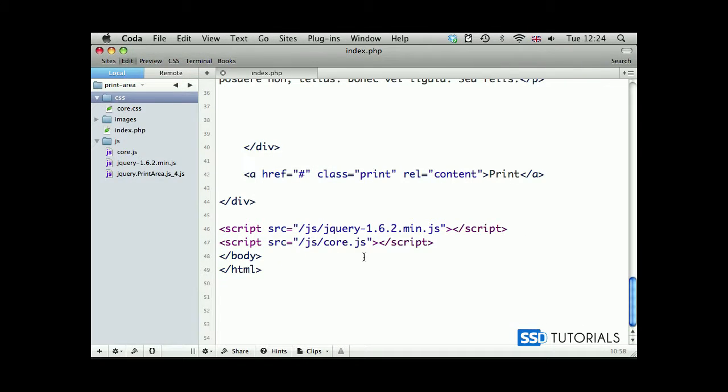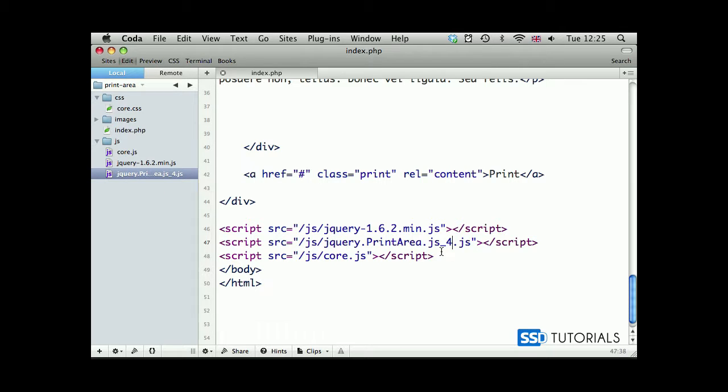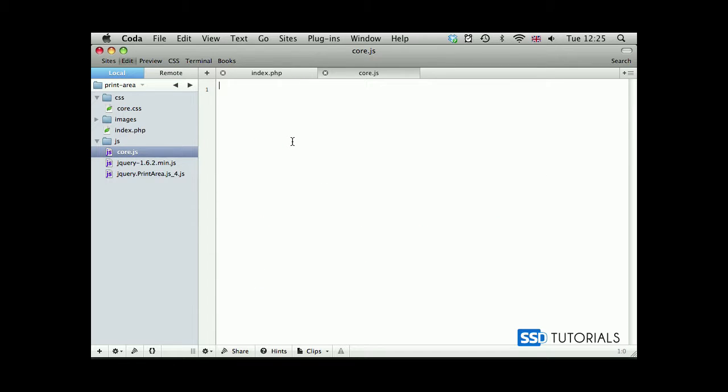Now if we scroll down to the bottom, we obviously included the jQuery file and core.js, but we also need to include our plugin. So in between the jQuery and core.js, if we copy the name of the plugin and paste it here as well, so we've got it available. Now if we open our core.js file and we start with the document ready, so $, brackets and function,